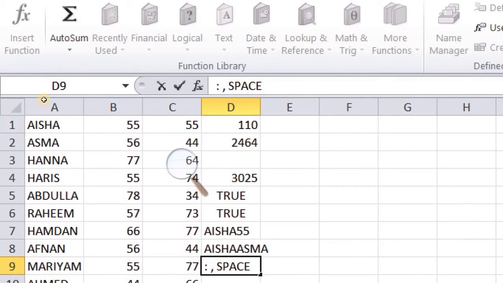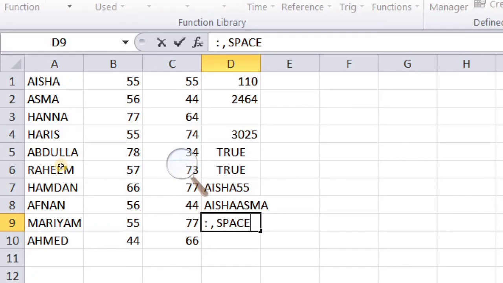Suppose I want B1 to B10. That is a range, right? So B1:B10 defines a range from the cell B1 to B10. If I want to select a range from B1 to B10, I will type B1:B10.